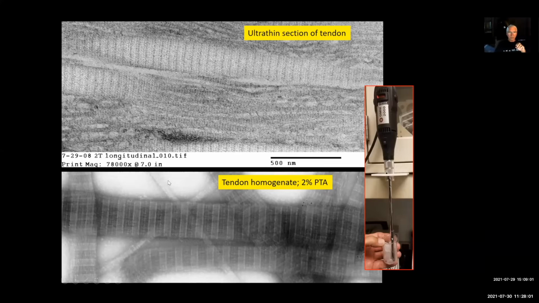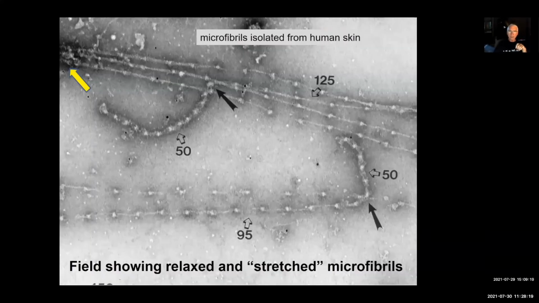We can start to understand the organization of the molecules in these tendons when stained by 2% PTA. The resolution is so much greater that I would certainly recommend once in a while looking at the tissues by negative stain. Now here's a good example of something that we wouldn't have been able to detect had we just looked at